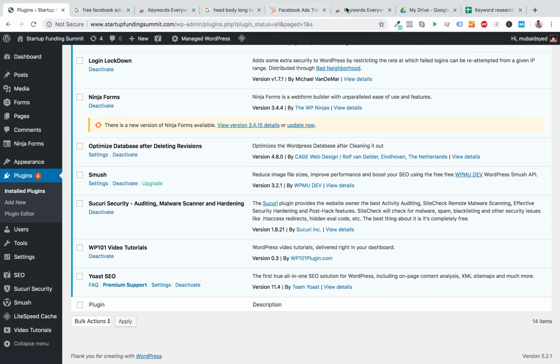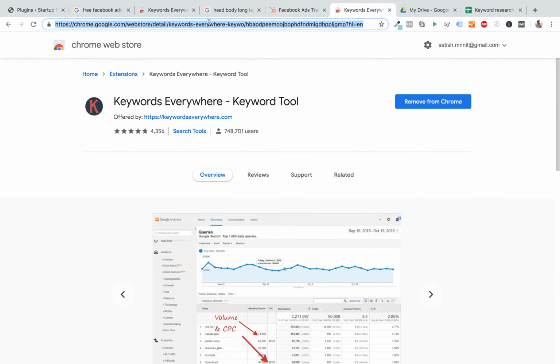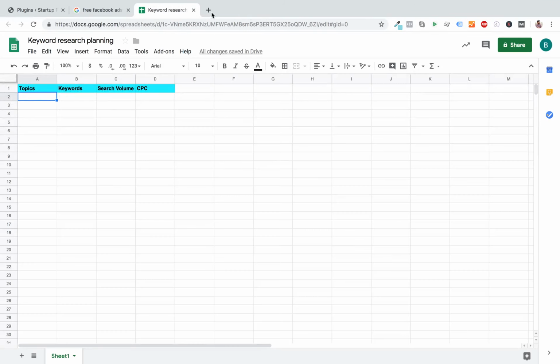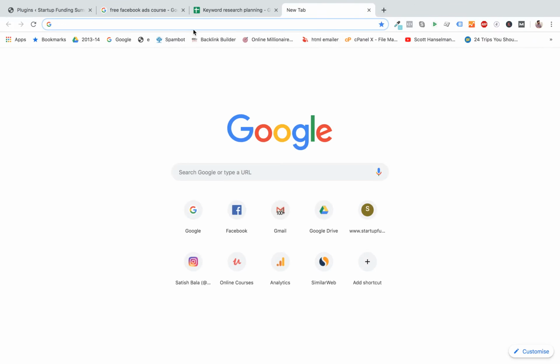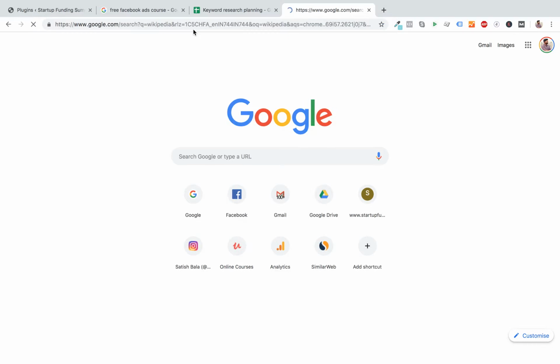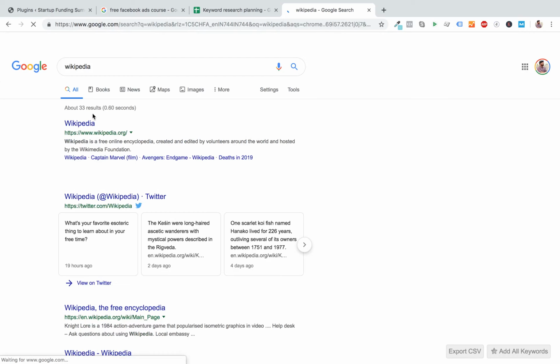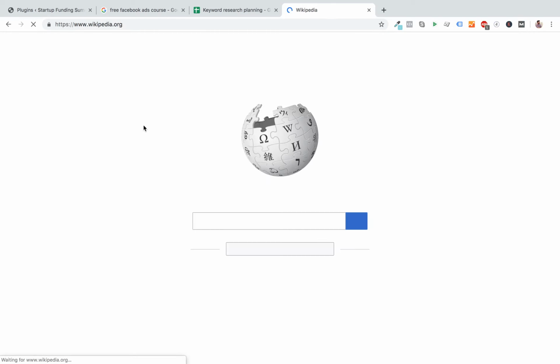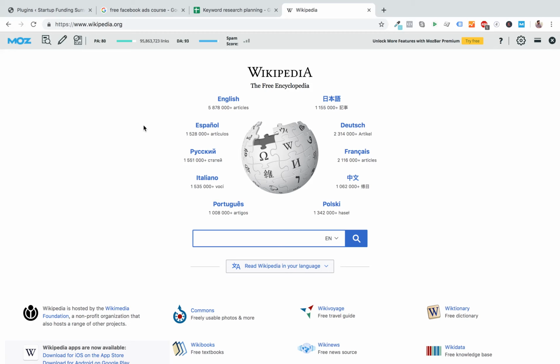One of the keywords, or how I would start off, is let me just close all this so that it removes some confusion. Just have this tool. One other thing that I will first do is go to Wikipedia. Why am I starting with Wikipedia? Wikipedia gives me that broad sense. It will give me all the possible ideas. It will not just limit me to what Google Keyword Planner or something else gives.